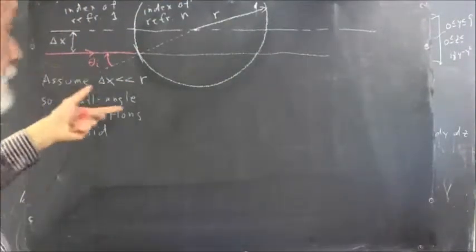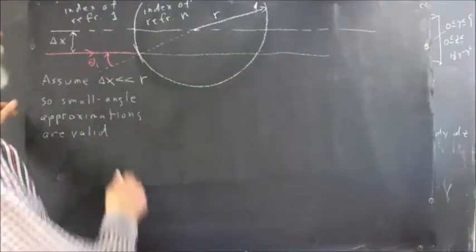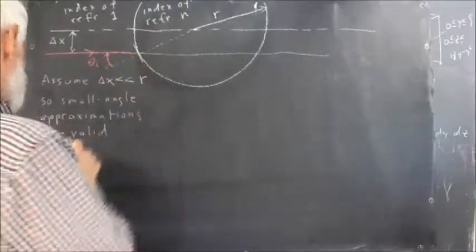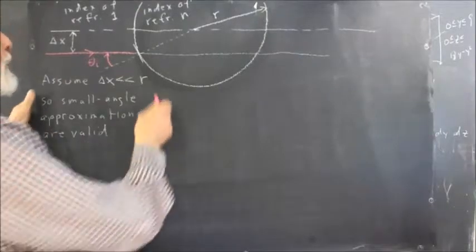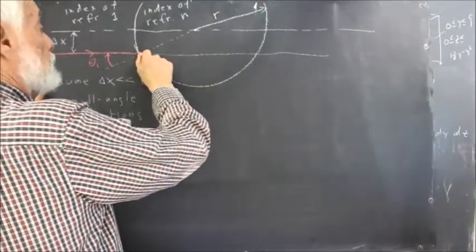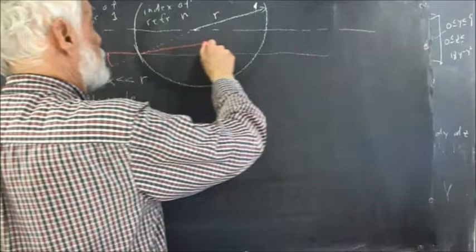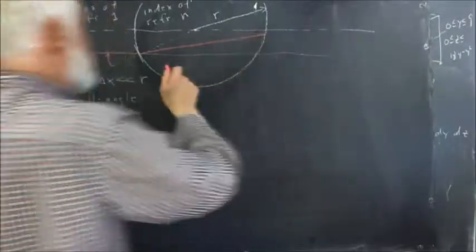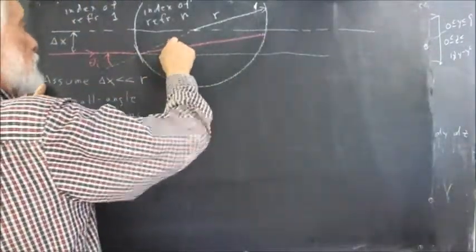So we get an index of refraction, and of course we know how refraction works. The ray refracts at a smaller angle, and that refraction might look something like this. So we have an angle of refraction